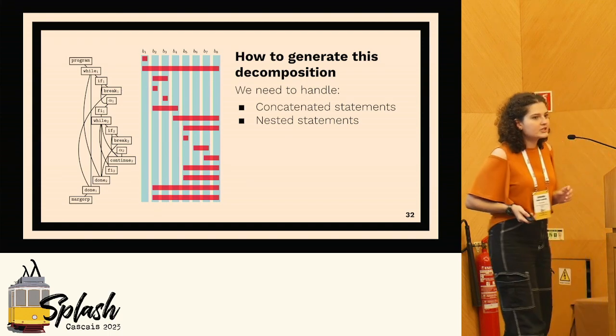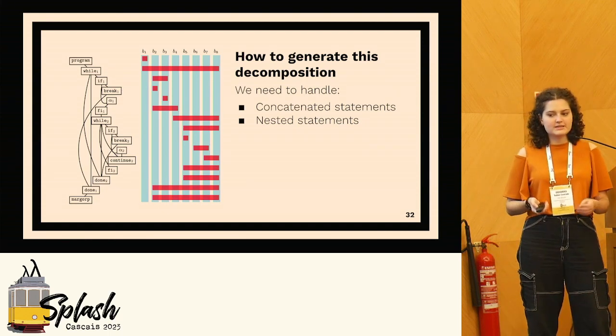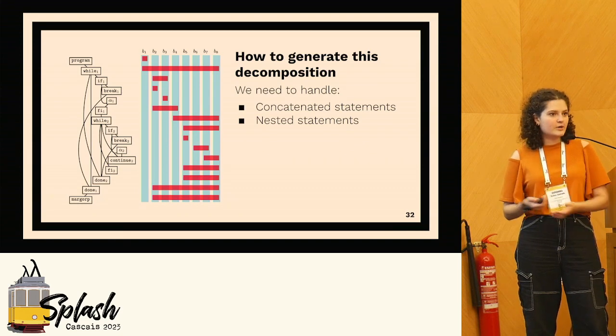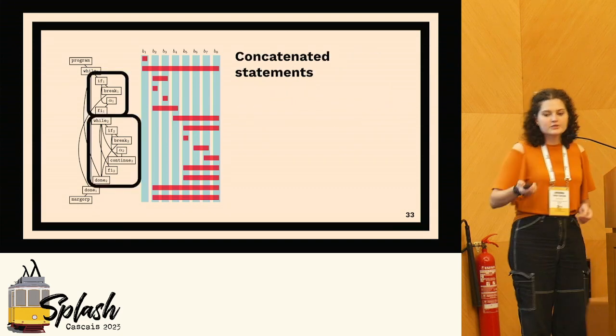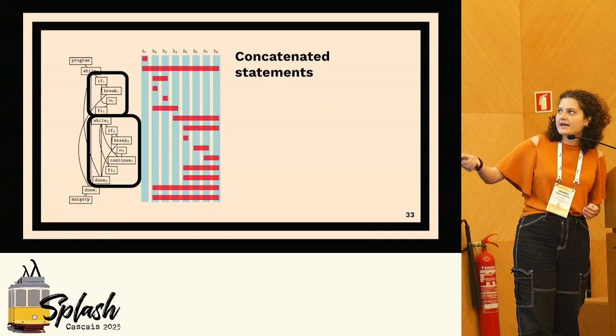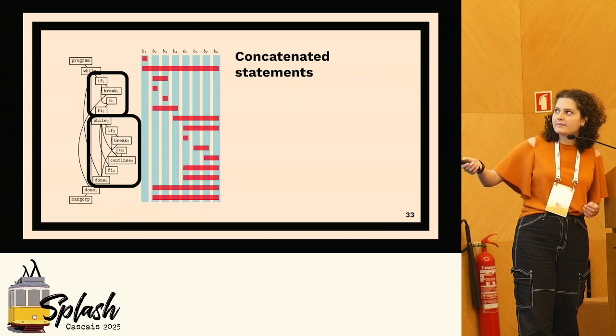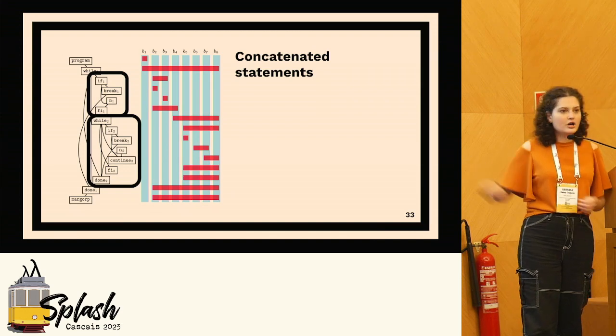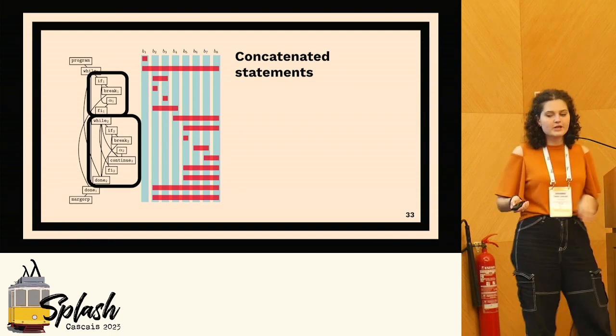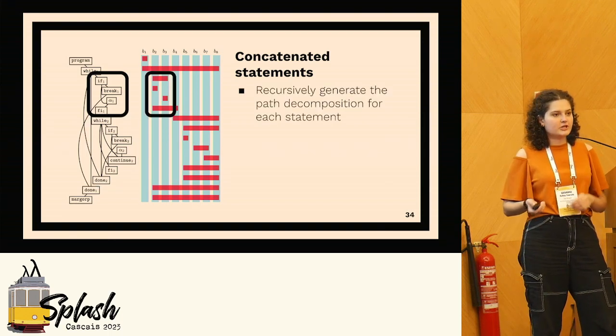And I essentially need to handle 2 types of statements: when we concatenate 2 statements and when we nest statements. So let's do something like this, right? I have this if and I have this while, and I want to find the path decomposition of the concatenation of these 2 statements. What I'm going to do is firstly recursively generate the path decomposition for